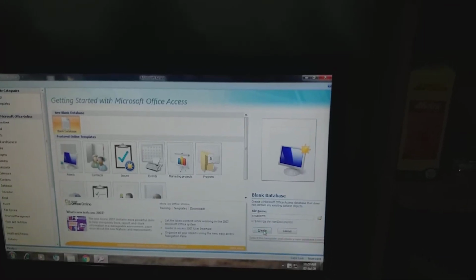So click on Create. So this is the database. This database is created and this is a table, and now we create a table in this database.